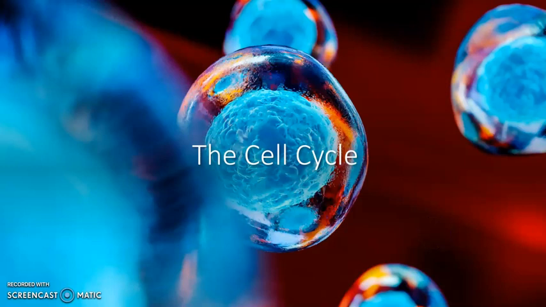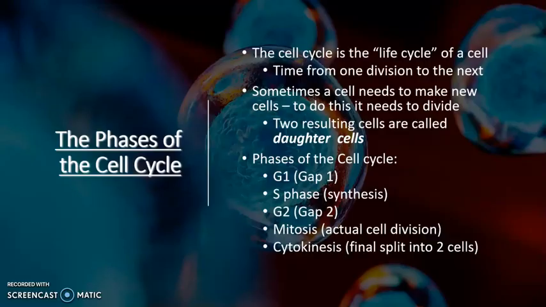Alrighty, so today we're going to talk about the cell cycle. The cell cycle is essentially the life cycle of a cell. It will go in between these different phases in a cyclic nature, so it'll continue from one to the next, to the next, to the next, and come back and go again. Specifically, when we talk about the cell cycle, we're looking at the time from one division to the next, because